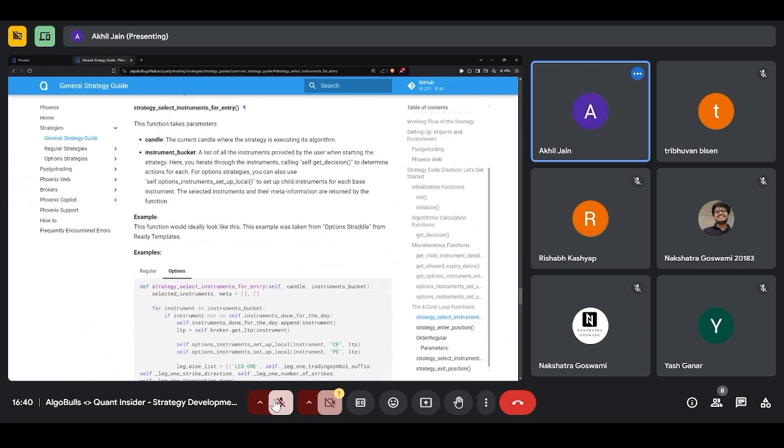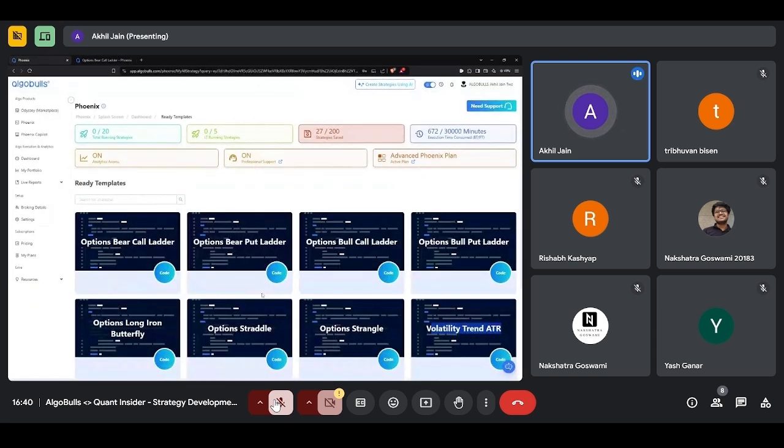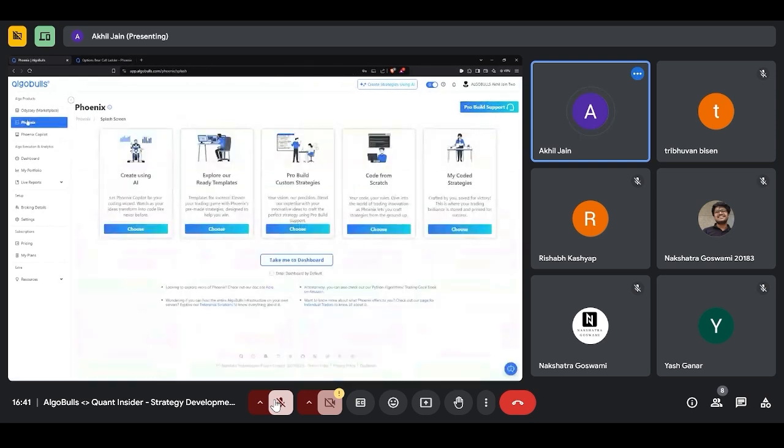Basically, what I've done is essentially give a walkthrough of this document. What I've done essentially is explain the strategy by using this document. So anything that you require for any of the templates is here. And based on these templates, then you can try your own equity or option strategies. You can also have a look at the code of the strategy given separately. You can have a look at the structure. You will even be able to run your particular strategy using the Jupyter notebook. So it's not necessary that you have to come here. You can download that Jupyter notebook and test this particular template anyways.